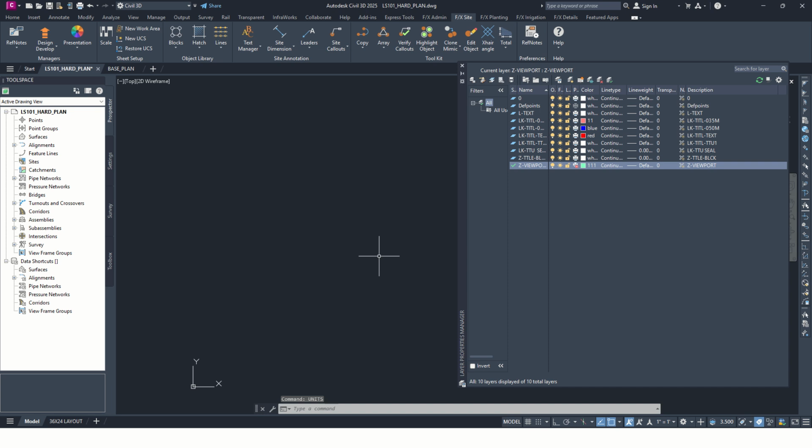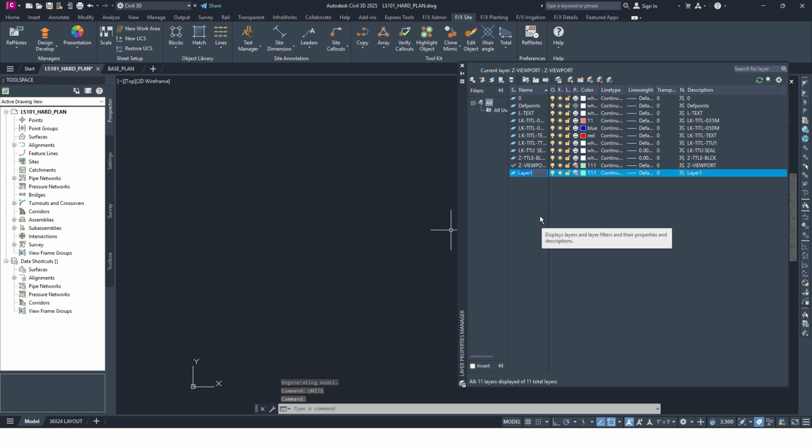You don't want to have your dimensions drawn out anything past that. Okay, so now let's make a new layer up here, and we're going to call this X, should be all caps, X dash,